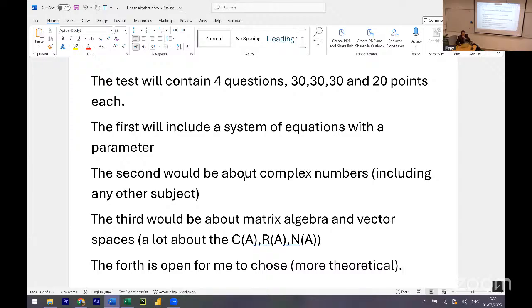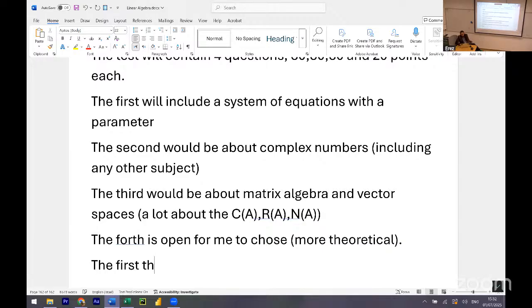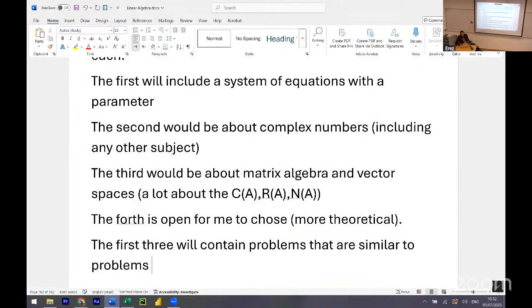My point in the test structure is that you will have three rather technical questions, similar to stuff we did in class. The first three will contain problems that are similar, not exactly the same, but similar to problems we solved in class. And that also tells you how to